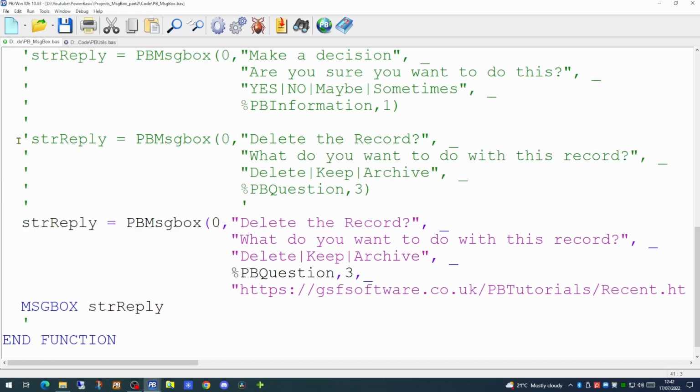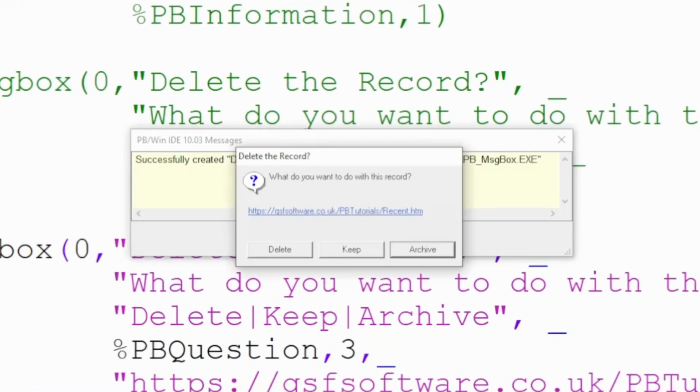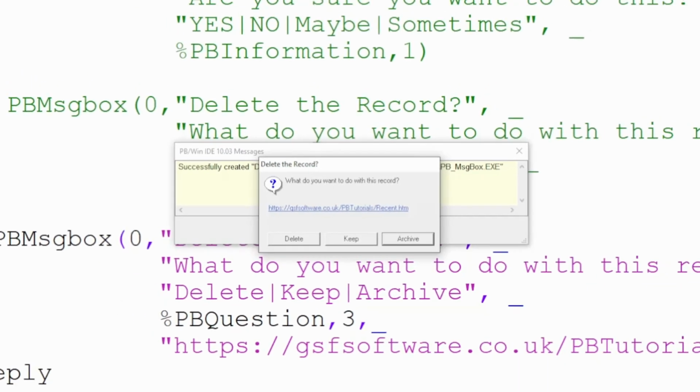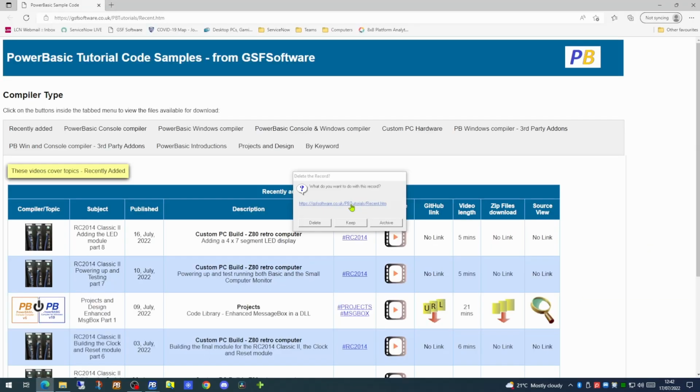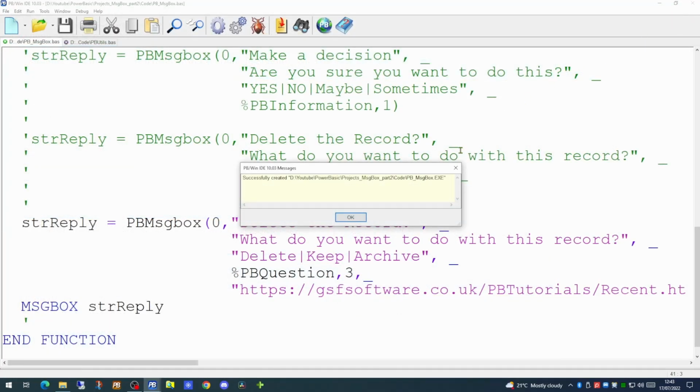So let's try it with the optional parameter added, the URL. And there is our message box. We have the text as we had before, we have the 3 buttons, and we have the URL showing. So if we now click on the URL, we'll actually launch that website. Yes, our website does appear on the screen. The message box appears above our web page. This is because we set the dialog of our box to be topmost, which will mean it will appear above all other applications on the system. So we can then close that down and close our browser.